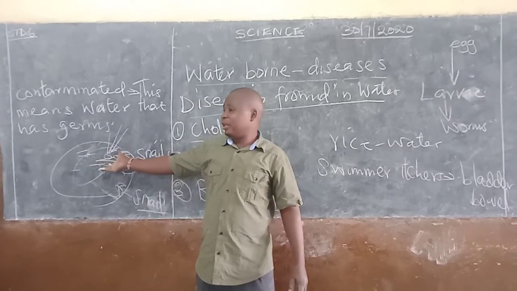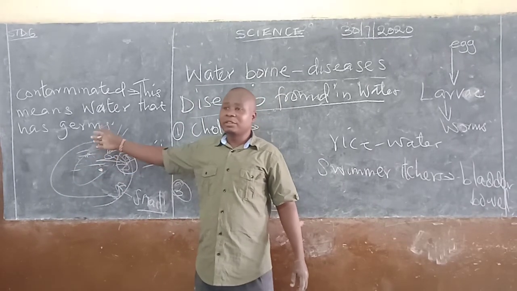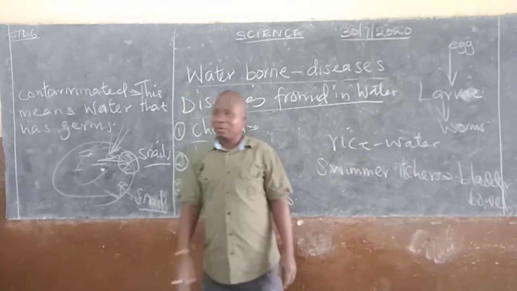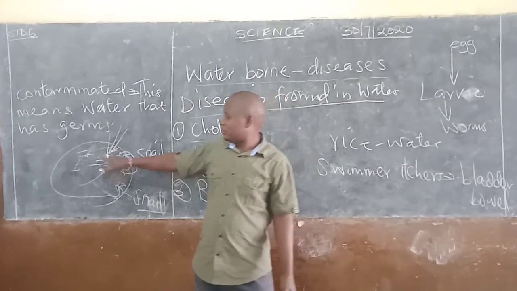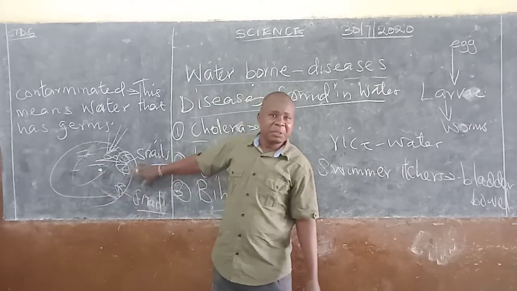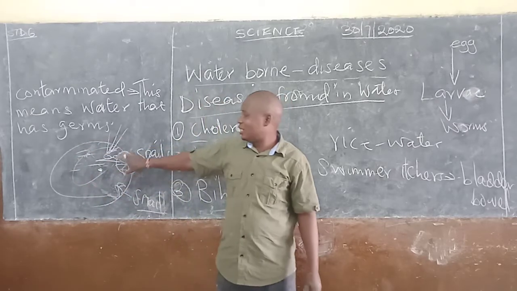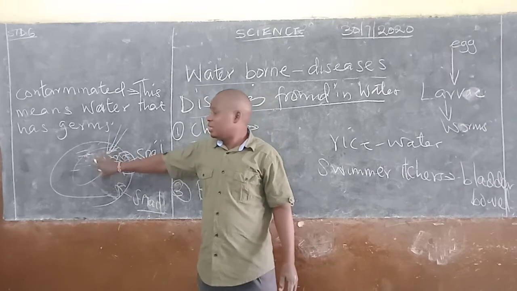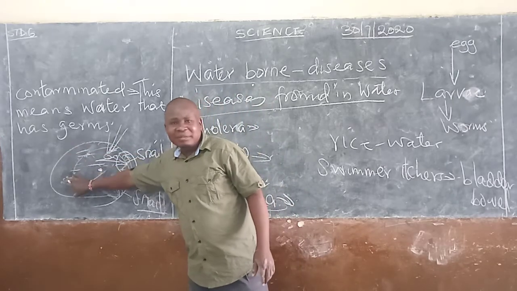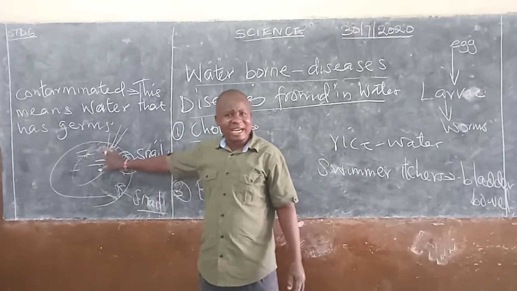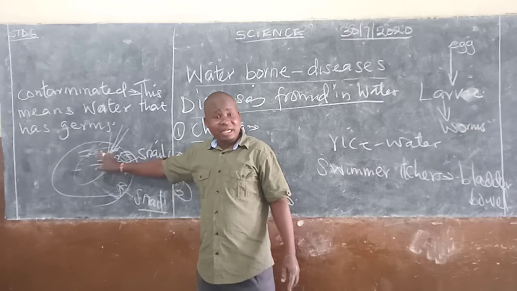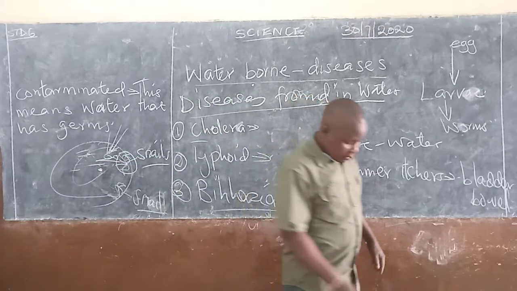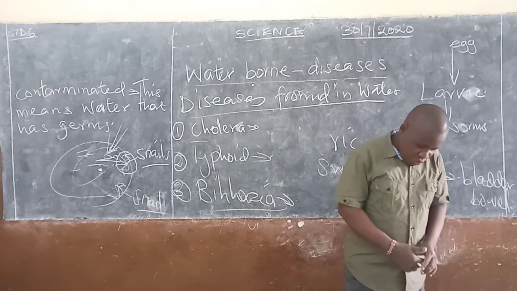This one also can happen in the pool. For example, those who have pools at home. I don't know whether you have a swimming pool at home. If you have a swimming pool at home, or if you have seen one, you find that if it is not being used for quite some time, then we treat that one as stagnant water. And then you can find some water snails there. If the water snails are there, that is very dangerous. So make sure the water snails are being killed, all of them.